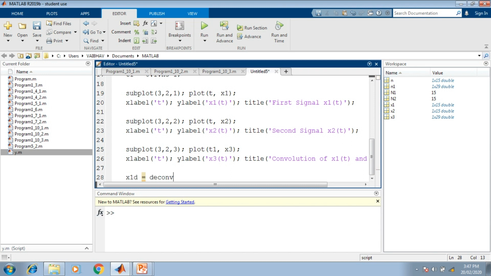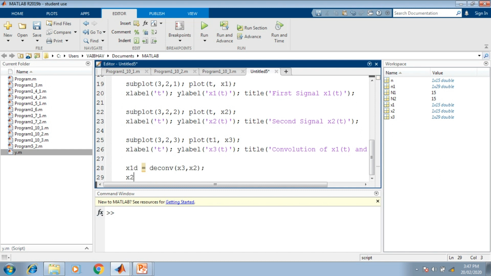So for deconvolution, this is the MATLAB syntax, and to this MATLAB syntax the input should be given the result of convolution from where to extract and the another signal, that is x2 in this case. In the similar fashion, x2d, so extraction of x2 signal by giving the inputs of convolved result and the first signal we can obtain. So DECONV is the syntax and the inputs are x3 comma x1 here.